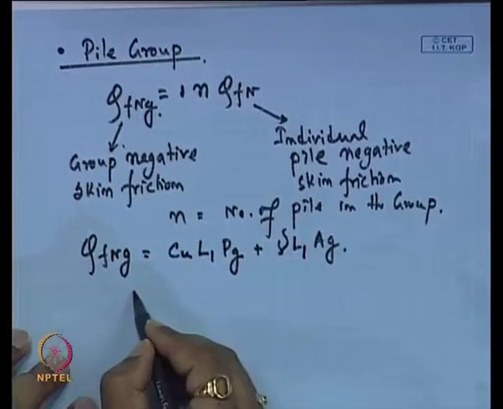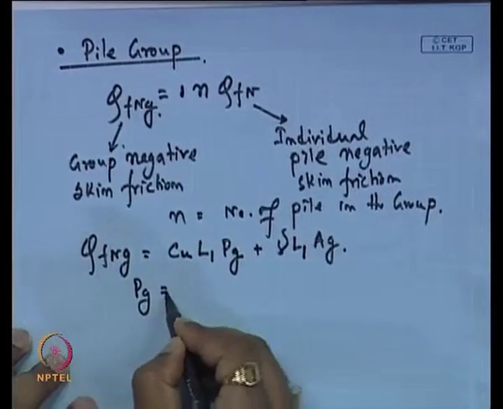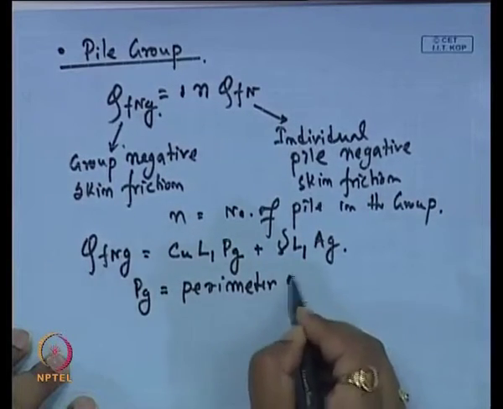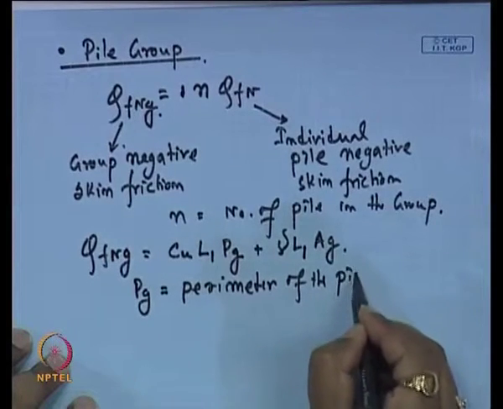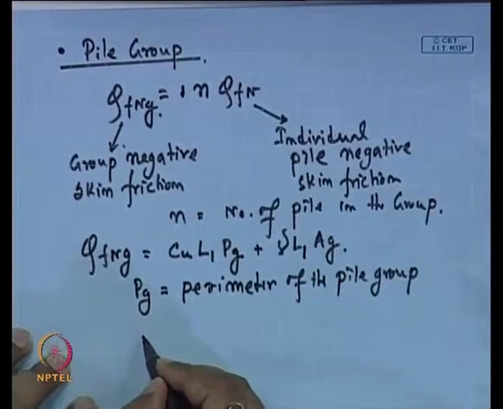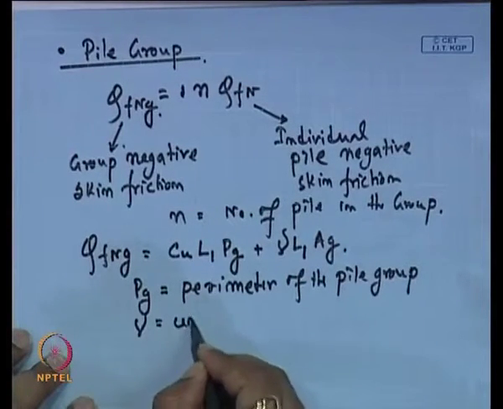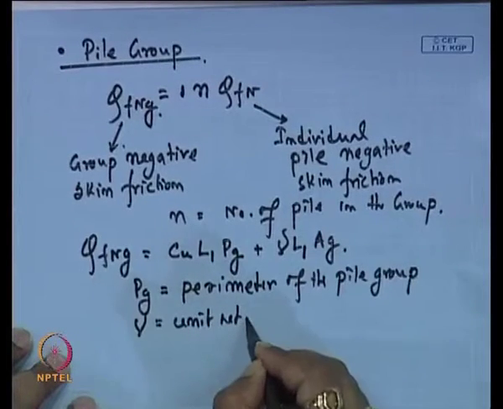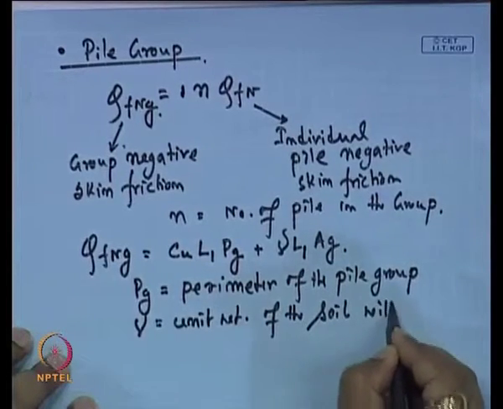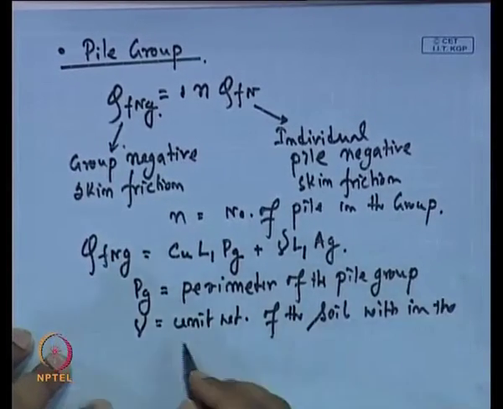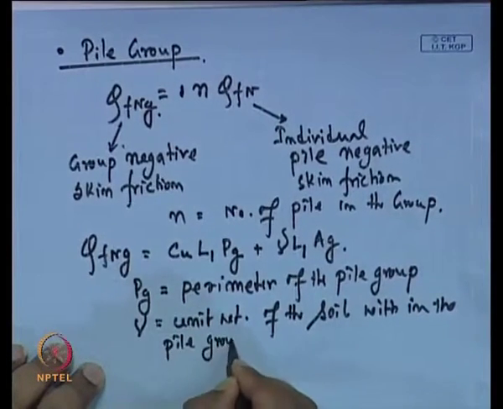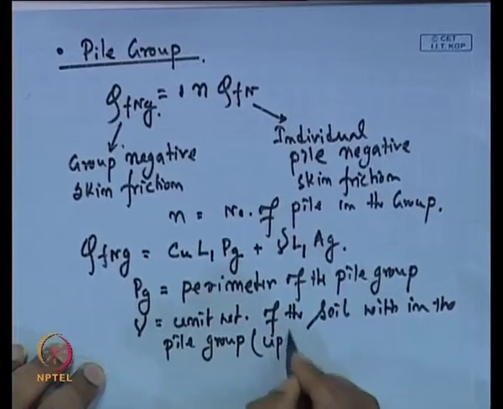So, here Pg is the perimeter of the pile group, then gamma is the unit weight of the soil within the pile group up to the depth of L1,